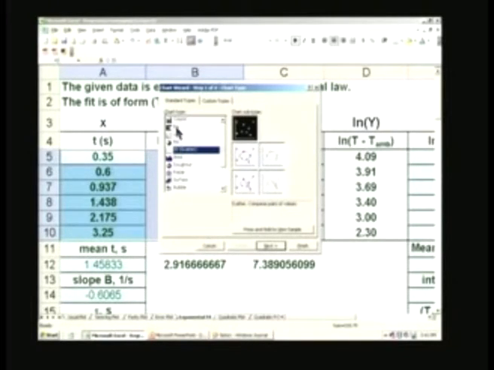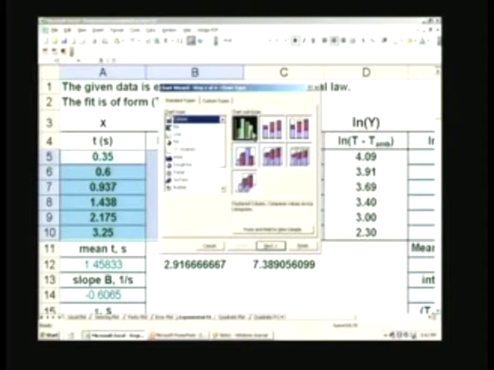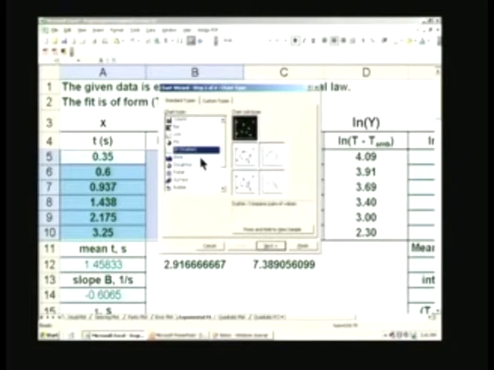In fact, if you choose the type of plot, you will see these are the types of plots. What I will do is take a scatter plot. That means x and y are going to be plotted normally, like what you would do, and I can either have only points, or I can have points as well as joining lines, only joining lines, and so on and so forth. So different options are available.